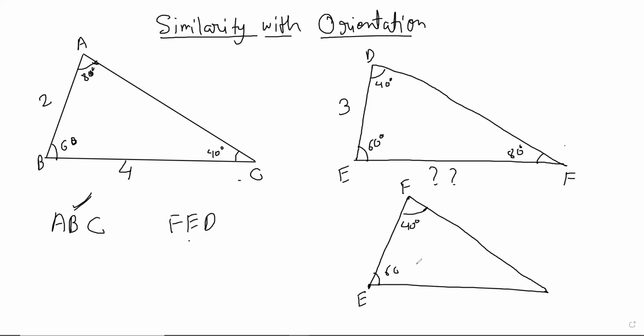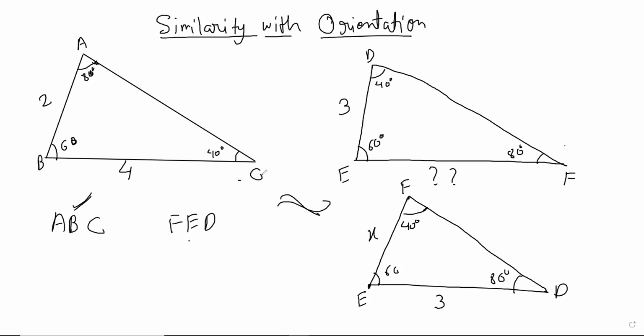Okay. Now you can write the lengths. EF was the question mark. EF is the question mark. And ED was the 3. Now these two triangles are similar. You can safely say it. I have explained it in a different way, but now it's more clear. Now it's more conceptually correct.